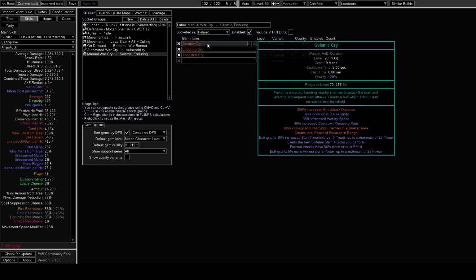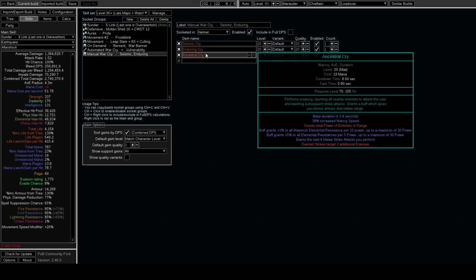Seismic Cry gives you 5% more armor, and armor is, I think, more important for this character because he will also already early on be very capped and very high on your elemental resistances. And here you exert the next 6 melee slams you perform, right? And exerted attacks have 50% more area of effect. I don't know if the area of effect is going to go into it when you're not self-casting it. Maybe someone in the comments can tell me. I really don't know, but yeah, this is just so much better to self-cast, and I just realized later on,